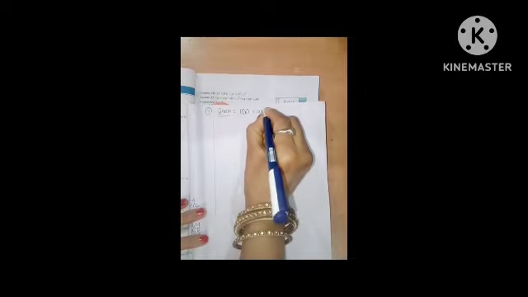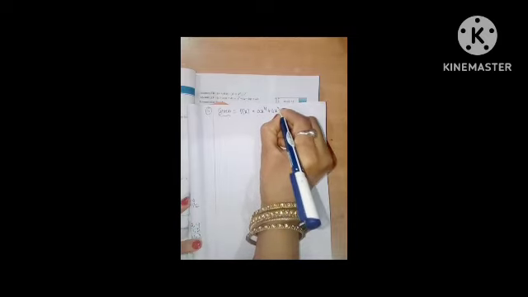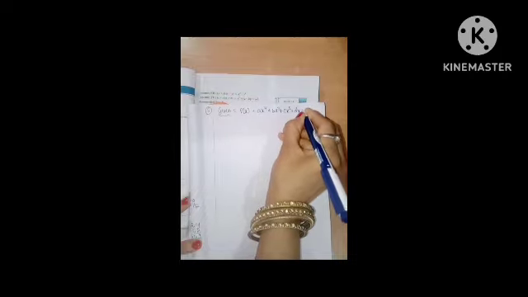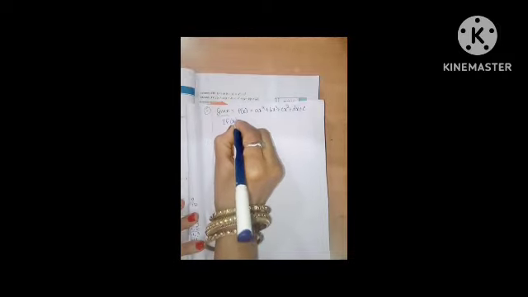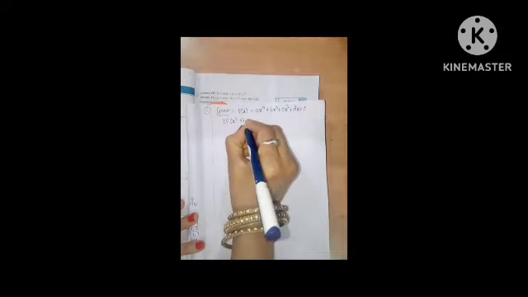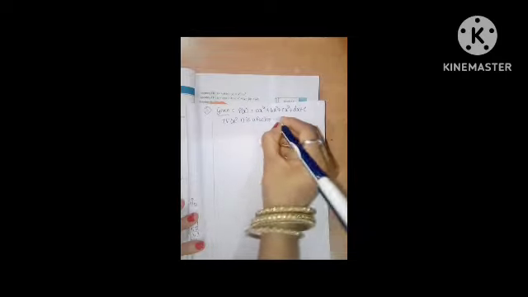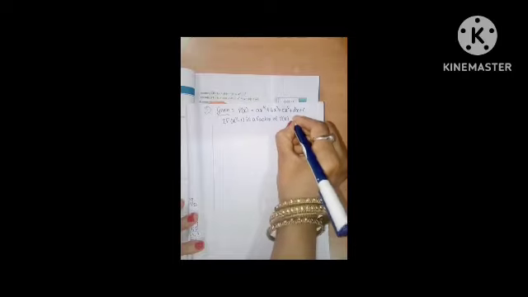One polynomial is given, that is p of x equal to ax to the power of 4 plus bx cube plus cx square plus dx plus e. Next, one factor is given: if x square minus 1 is a factor of p of x, then